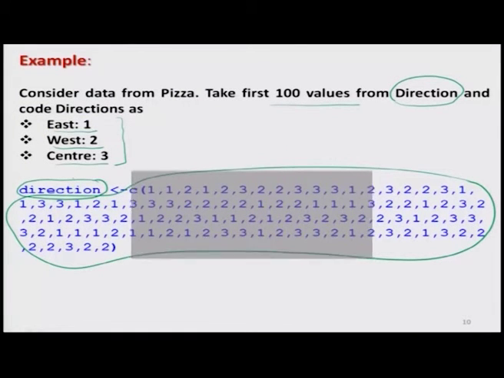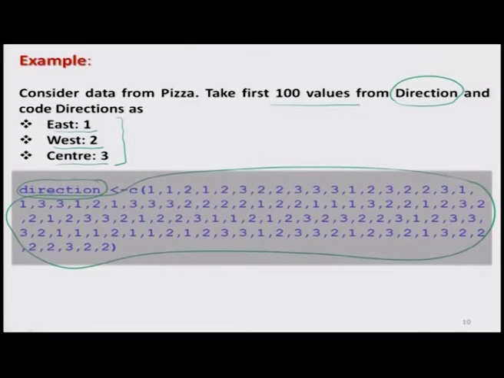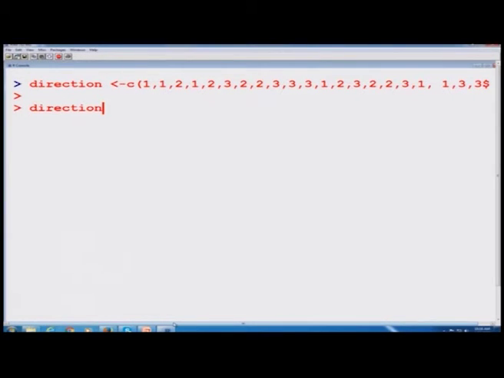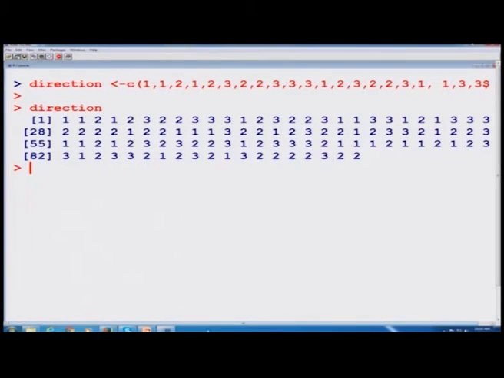So, I try to create this vector direction over the R. You can see here this is your direction. If you try to see what is the length of direction, this is 100, so there are 100 values in this vector. Now, I try to find out the absolute frequencies.